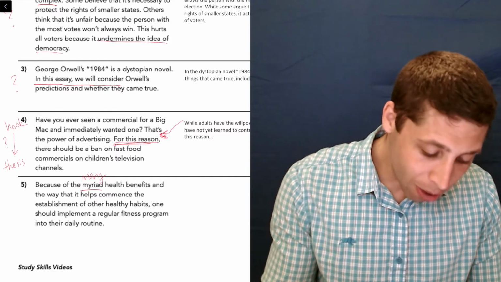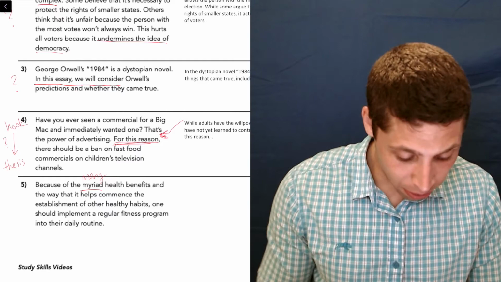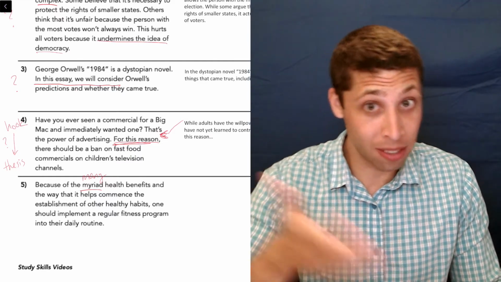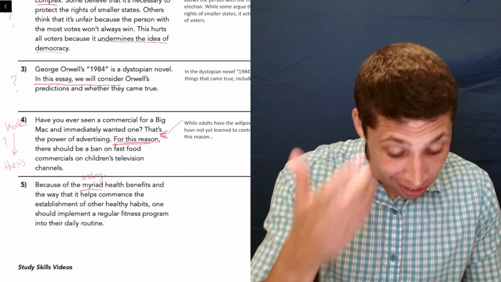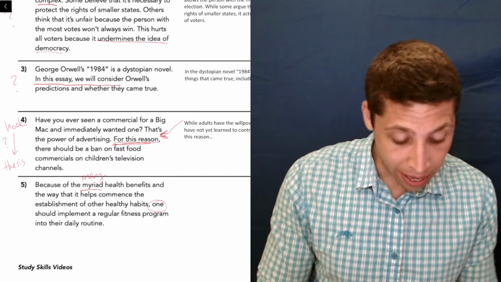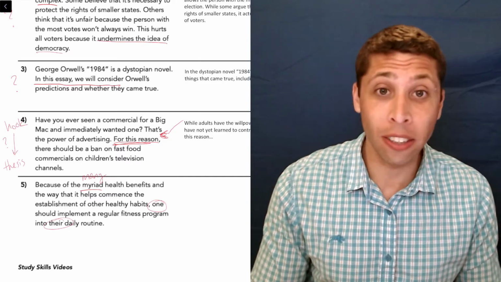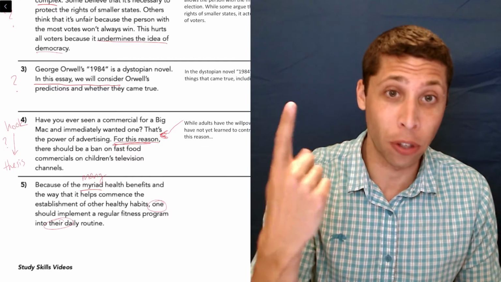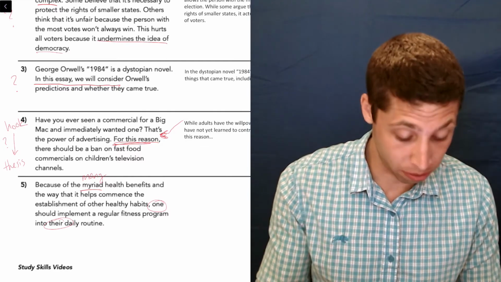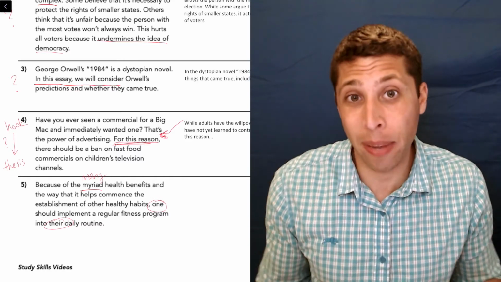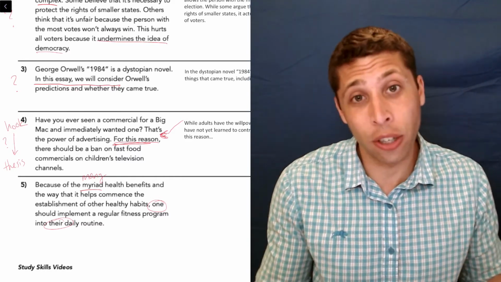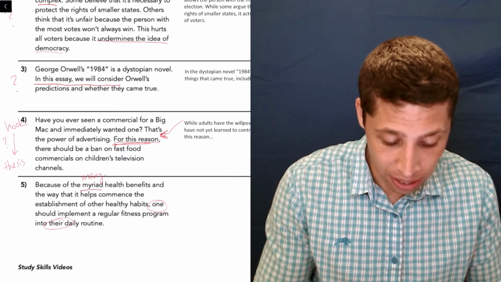So it also gets a little tripped up on itself, commence the establishment. Doesn't commence and establish kind of mean the same thing? We've got that word one, and yet we switch, right? One is a singular verb, a singular noun, right? It refers to one person, but there is plural. So this is the problem with that word one, is it often accidentally makes us switch, and that's not good. We need to have consistency.